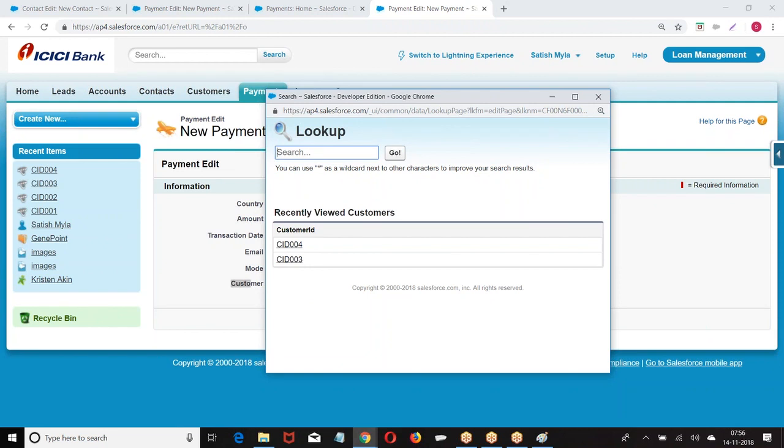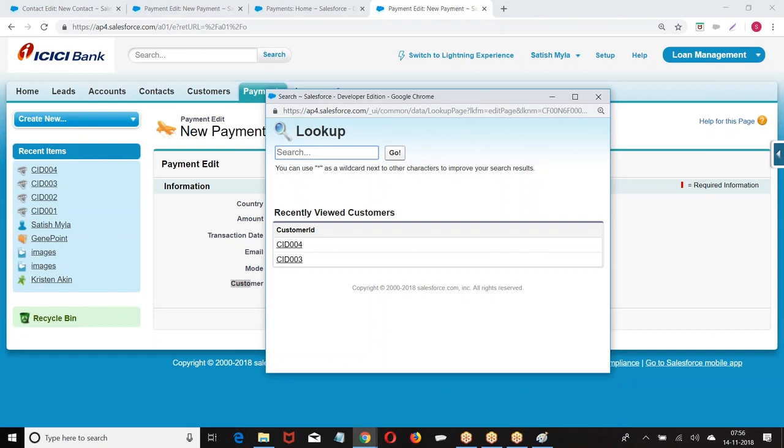Only two. Why only these two? There are 4 records actually, but you are able to see 2. Because in the lookup filter I told which records of the parent should be displayed in the pop-up window. When you click on the icon, a pop-up window will open, which will show you a list of customers. Out of that, I have to select one customer.